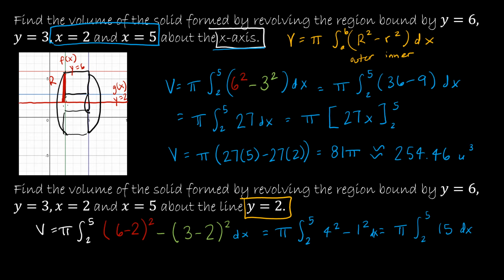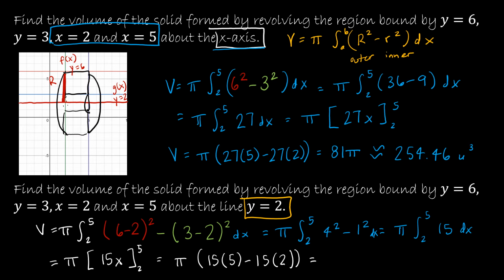Now I'm going to obviously integrate. So I have pi, and then I have 15x, and then 2 to 5. So again, I'm going to have pi, and then 15 times 5 minus 15 times 2, which gives me 45 pi, or approximately